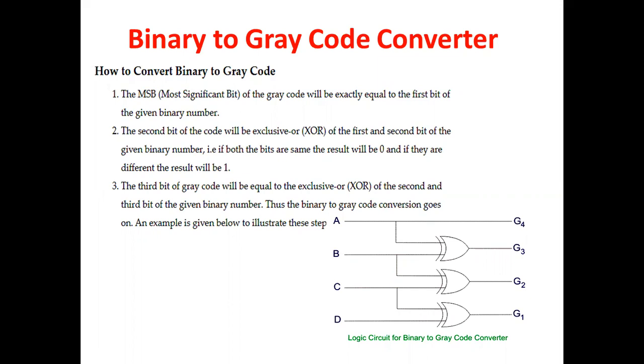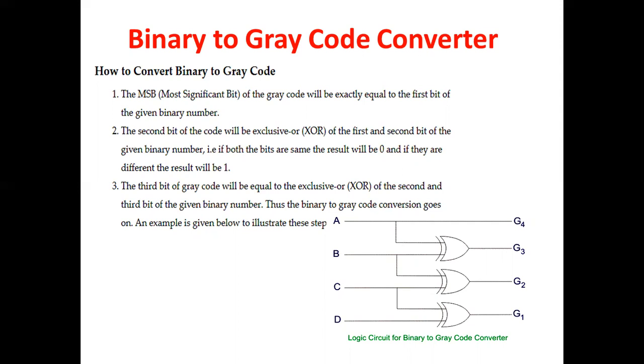So already you know how to convert a given binary into equivalent gray code. And also its reverse process we discussed in the earlier part of this series. Now, the first part we are going to discuss is the binary to gray code converter. So you know how to convert the given binary into gray code.